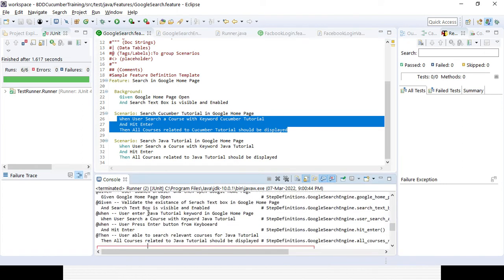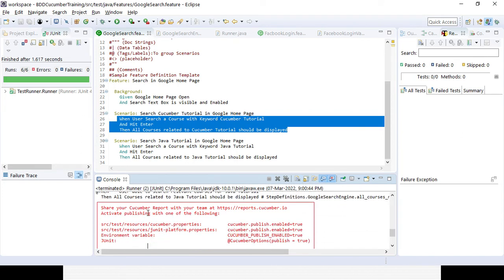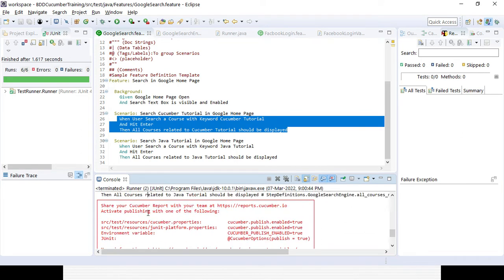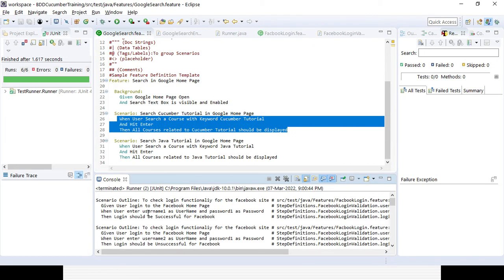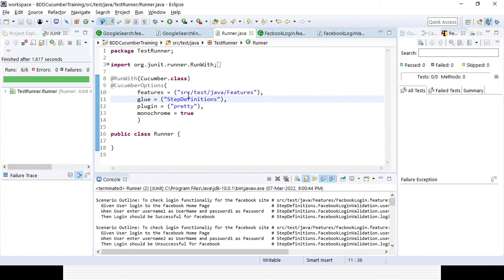So that's why, with the help of the runner class, in case there are multiple features files available, you can run all the features files at the same time. That is the beauty of the runner class. If you run with the help of the features file, you can run only specific test scenarios from that particular features file. But if you run it with the help of the runner class, where you are just providing the steps of the features file